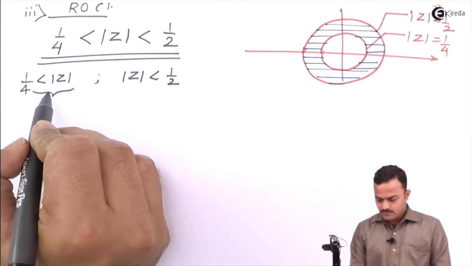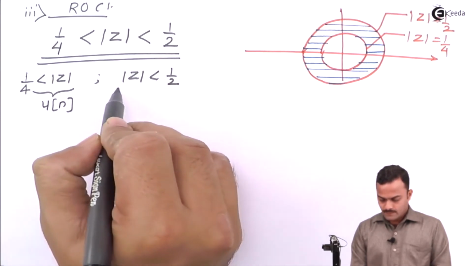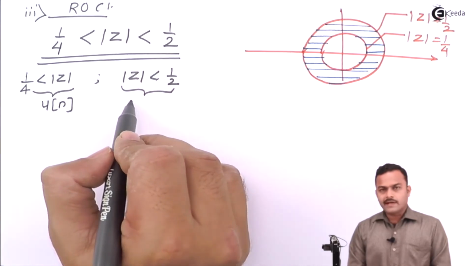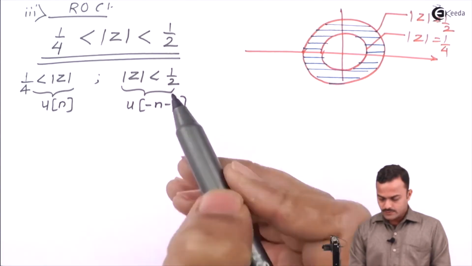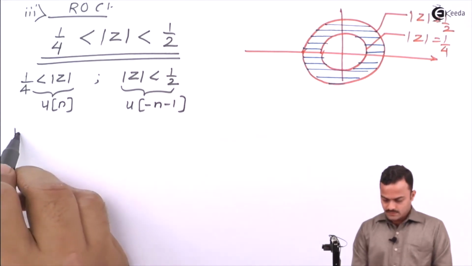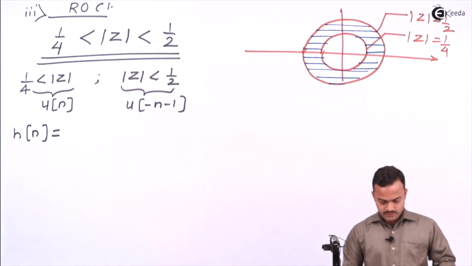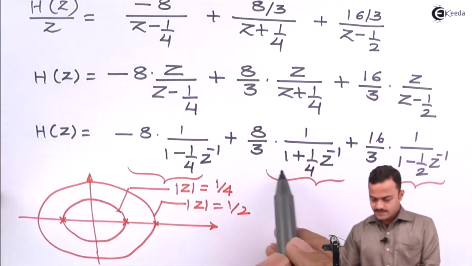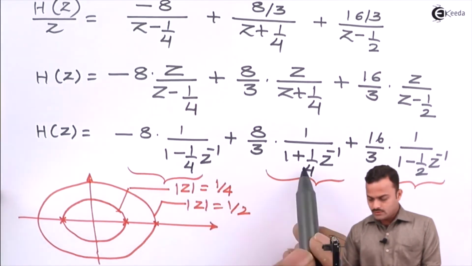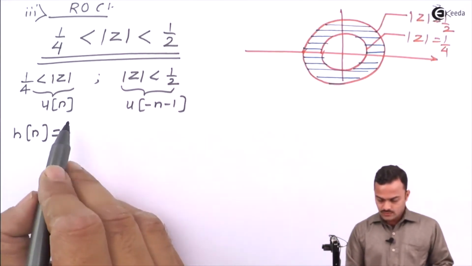So for the exterior we will have the term u of n, and for the interior we will have the term u of minus n minus 1. So if you use this, we will get h of n. We need to check h of z first. So h of z is like this. 1 by 4 terms are present here, first two terms, and the third is the 1 by 2 term. So h of n will be